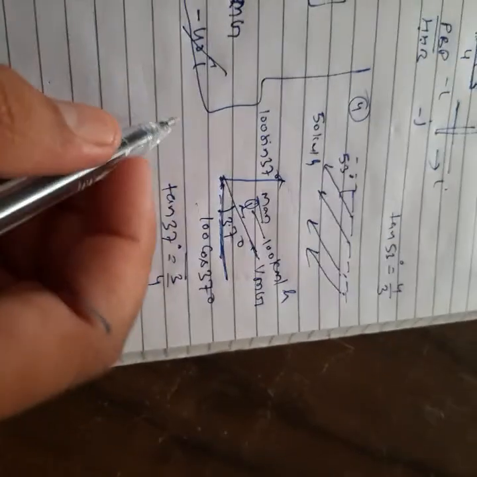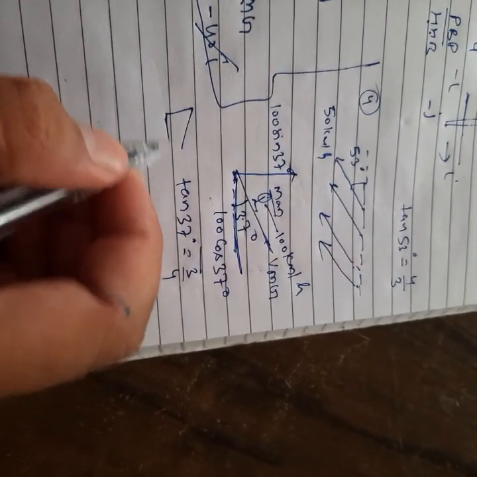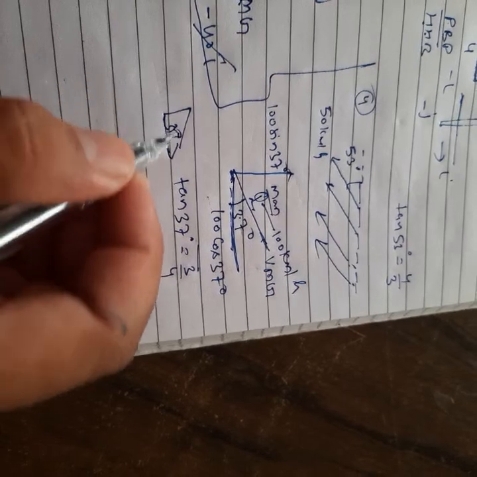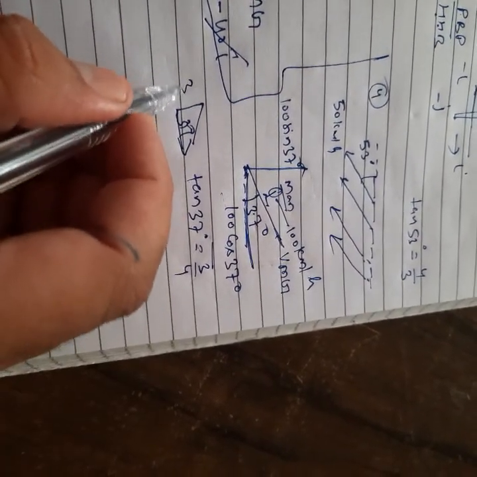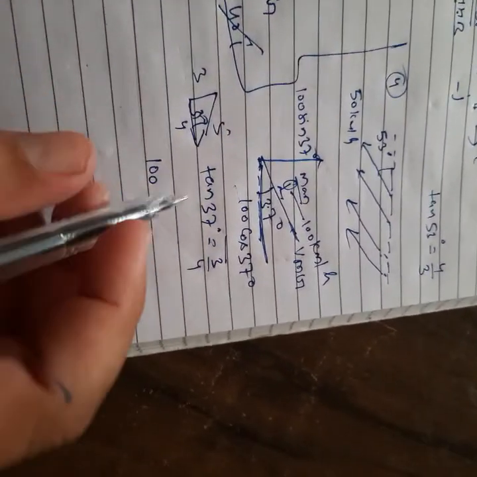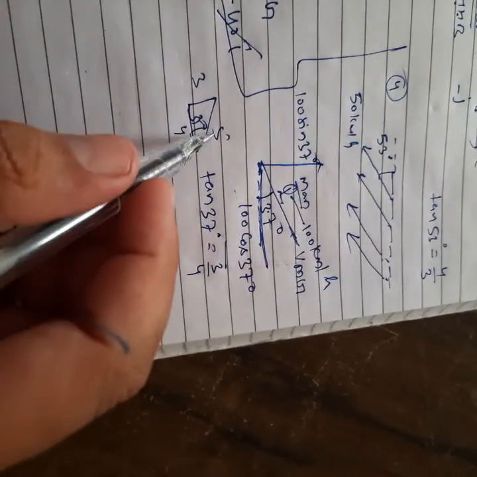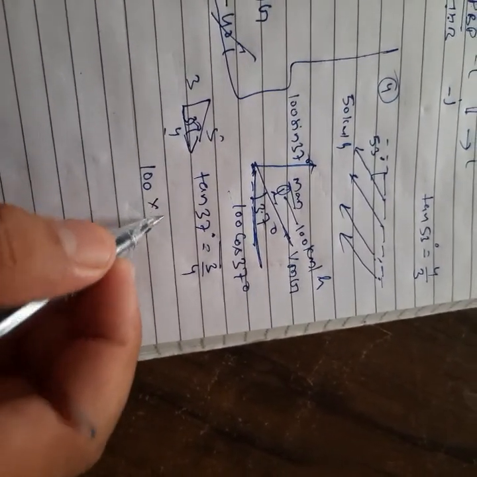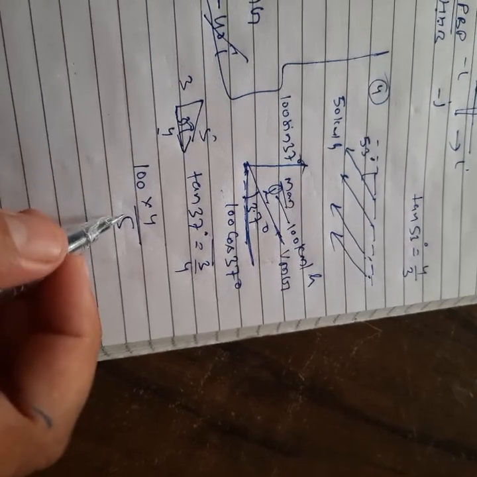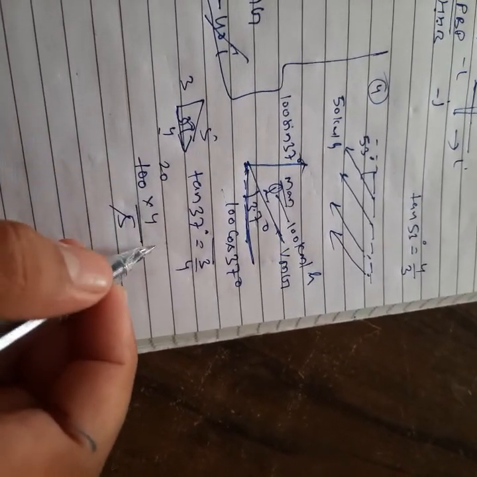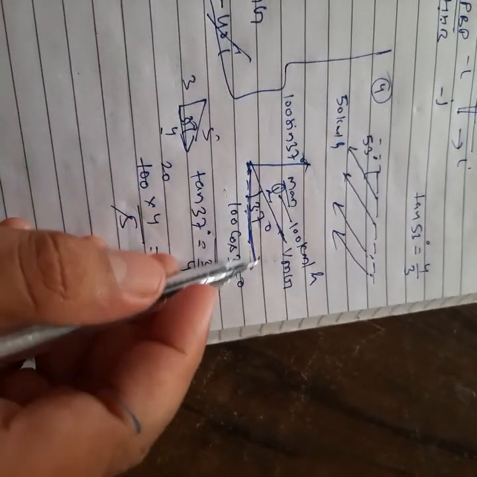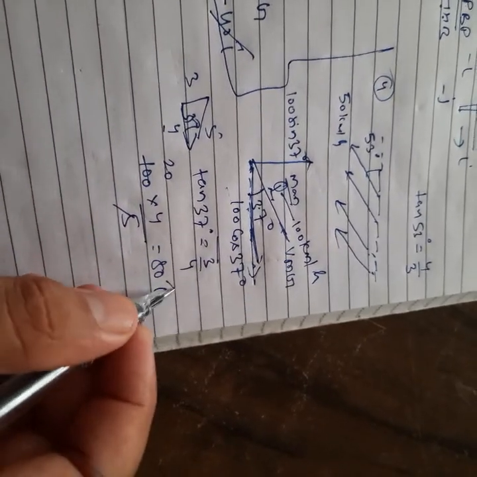100. So convert this one in the form of this triangle. This angle is 37 degree. So we can say how much we'll get? This is 3, 4. This will be 5. So cos 37, we can say base upon hypotenuse. Base is what? 4 upon 5. So we'll get how much? 80i, in this direction, the x-axis direction. So we can say 80i.